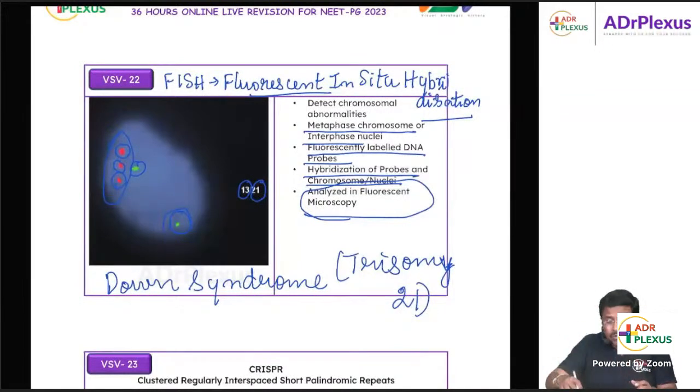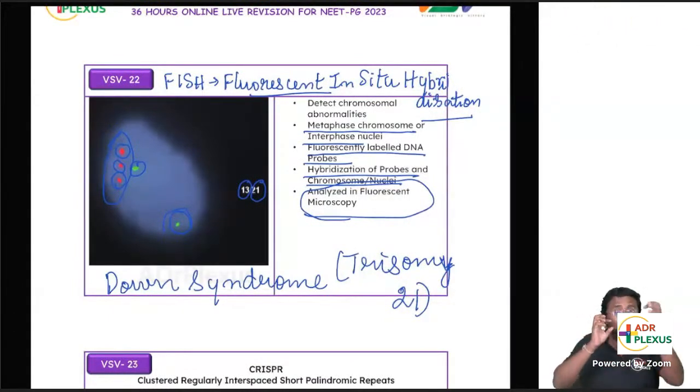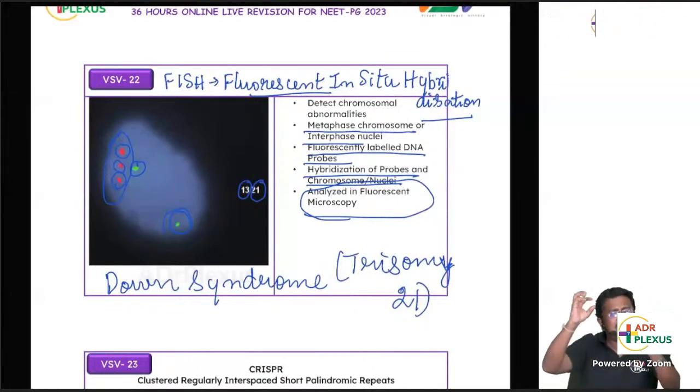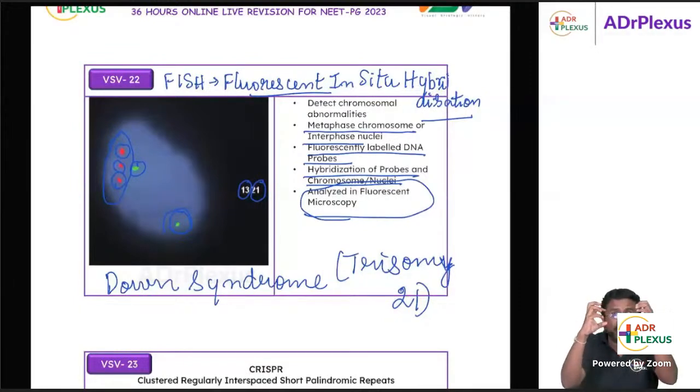This is used not only for genetic trisomies alone. Even in the Philadelphia chromosome, there is a translocation of 9;22. For the ABL locus, you give one signal, and for the BCR locus, you give one signal. What happens normally? Each signal will be separate. In a normal person, ABL will be on the 9th chromosome and BCR on the 22nd chromosome. But what happens in CML, the Philadelphia chromosome? ABL and BCR will be fusing, no? So there will be fusion of the two signals in case of CML.